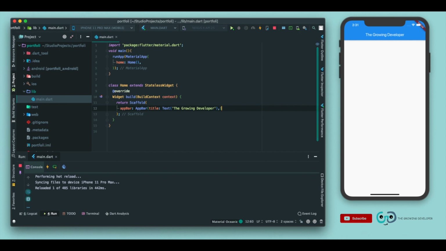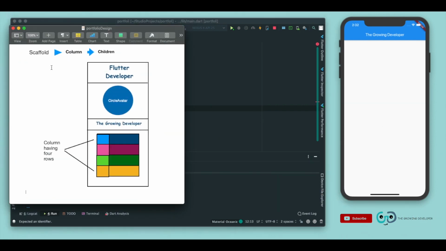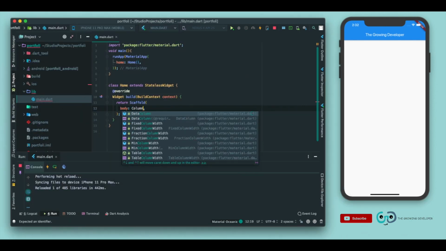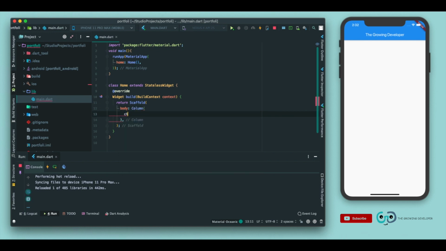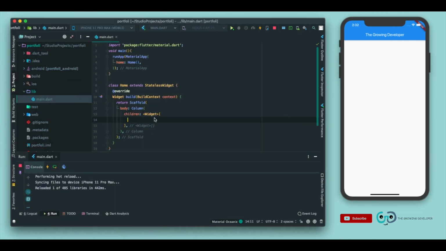Let's just remove this, we don't need it. So inside scaffold we have a body parameter. Inside body, what do we have? We have a column. So let me just give it a column, and inside this column we have children, and inside this children what are we gonna pass? All the different widgets that we need, and the widgets are the text, the circle avatar, another text, then another row having 4 rows. So let me just save it, and you can see a real-time change in the view